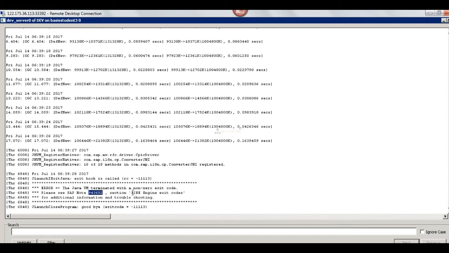In this SAP note, it will show you why the JVM has been shut down with different exit codes. This exit code.